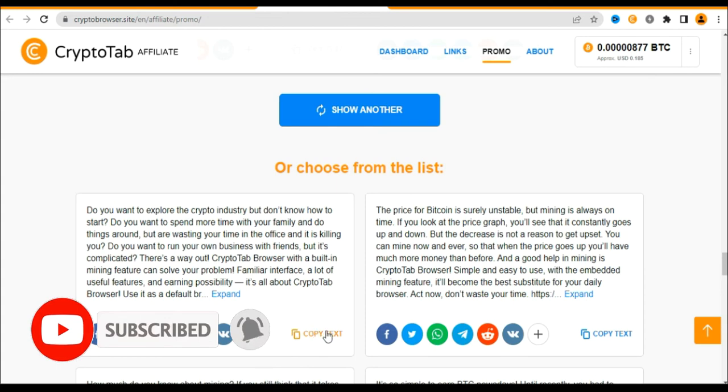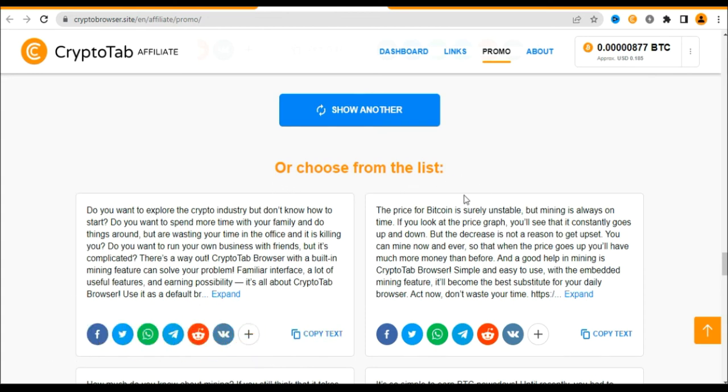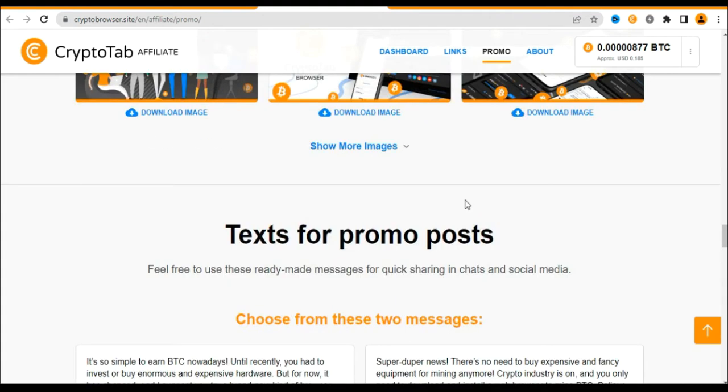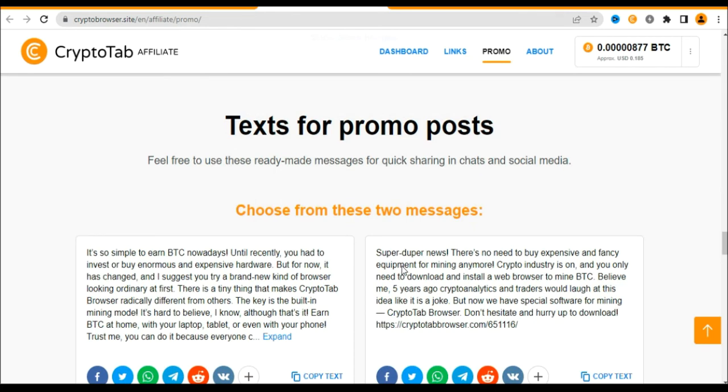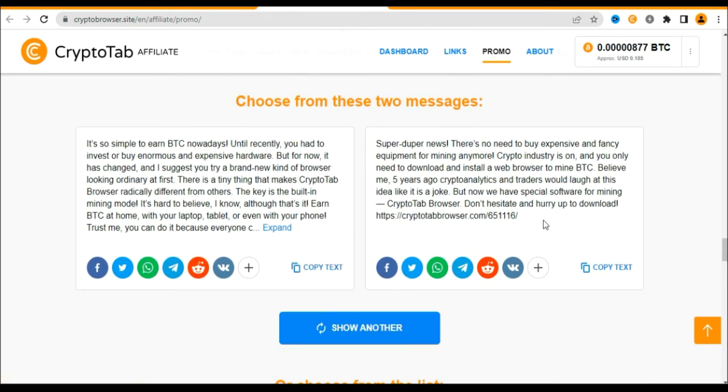So if I click on this section where it says choose from the list, what CryptoTab does here is that it says text for promotion post. So let me say for example you want to share a text on your website or on your social media. You can just come here, copy those texts. You are allowed to use those texts. It's copyright-free text. Just copy it and go and share it on your